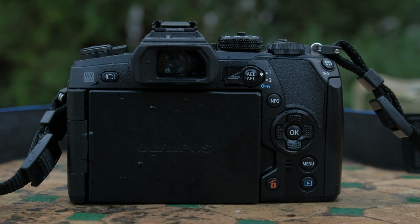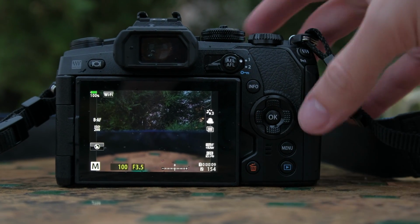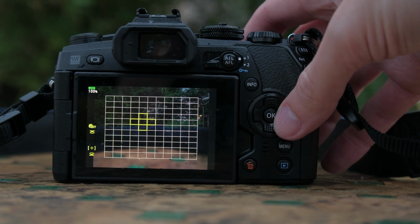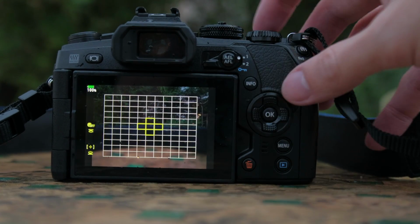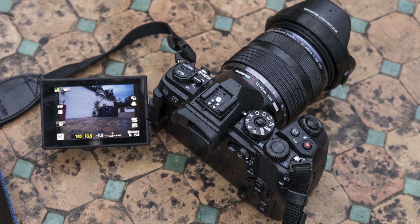The rear monitor is a multi-angle type. The touchscreen capabilities allow you to take a shot, change the focus point, or use it as a virtual AF pad while composing with the EVF. However, I ended up disabling this feature because my nose was always touching the monitor and changing the focus point